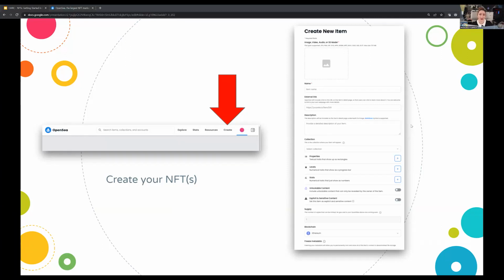You can add or skip this information depending on your project needs, but I want to point out a few things and why it's important. Moving items to a different collection also may take 30 minutes, so just keep that in mind. If you are creating more than one NFT, OpenSea will just create a single page for your item.